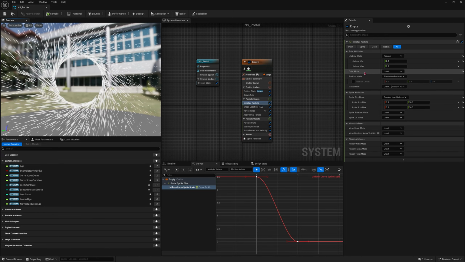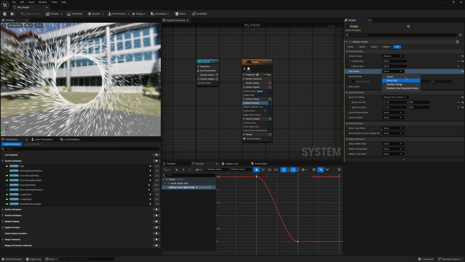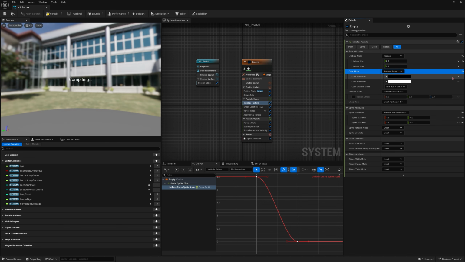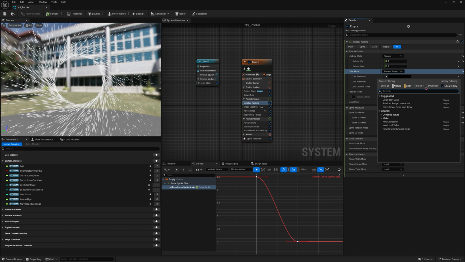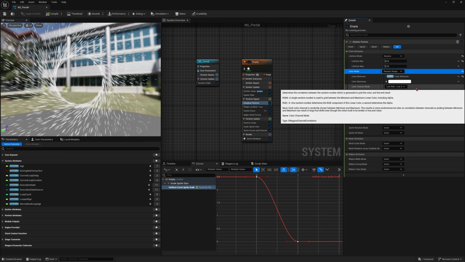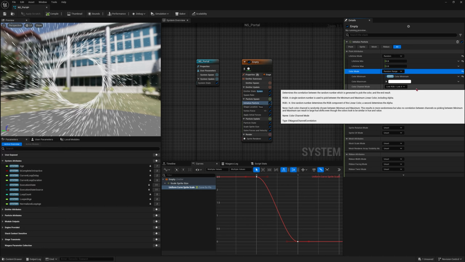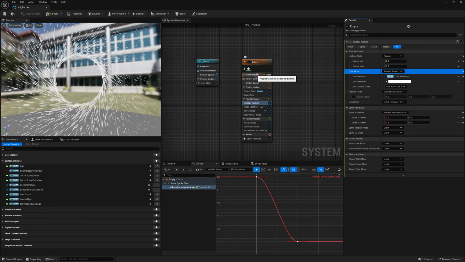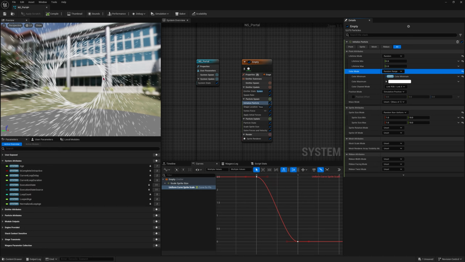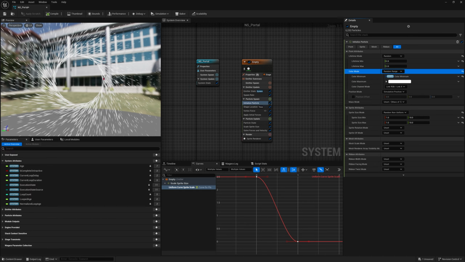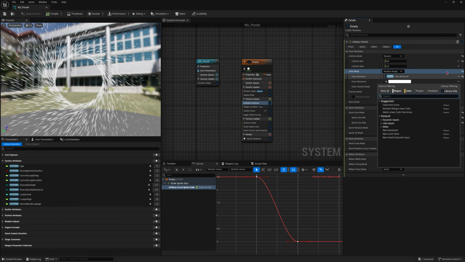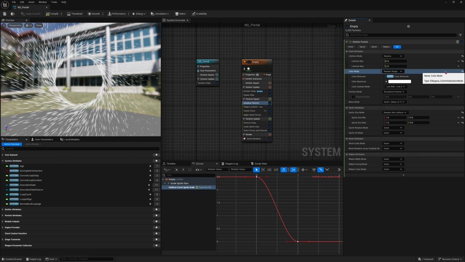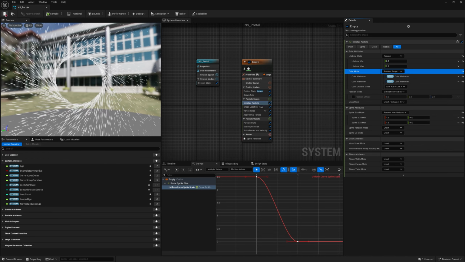Okay, now let us go ahead in the color mode inside the initialize spawn. Let us set it to random range. So color 1 and color 2, the min and max color, let us let the user decide this. So we're going to create a blueprint now where we're going to create a portal effect. So this was the portal VFX, and we're going to add a portal effect inside of this where you will be able to see another world. Okay, and this as well, let us let the user decide. So a new parameter actually. Alright, save this,